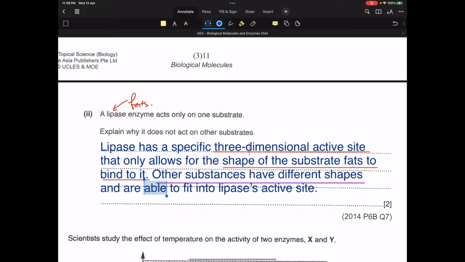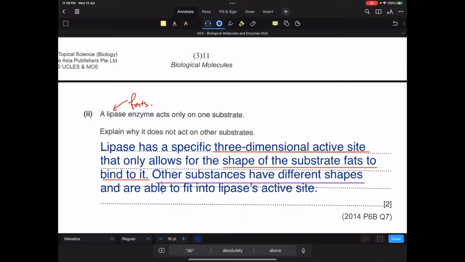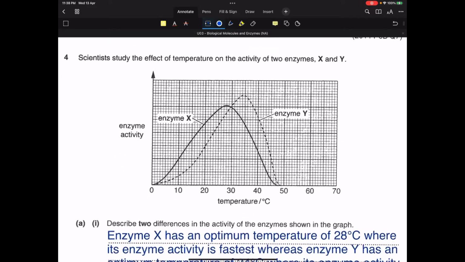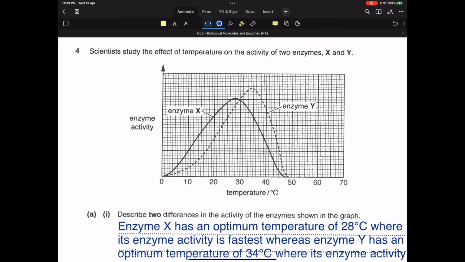Give me a moment to move the mouse cursor properly over. They are not able to fit into the lipase's active site. So that should be: are not able to fit at all. Okay, coming down to this question over here, whereby we're studying the effect of temperature on the activity of two